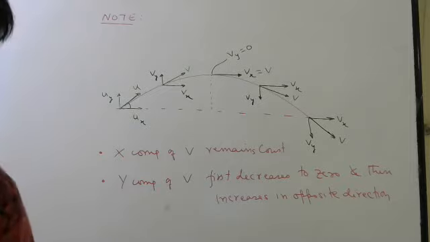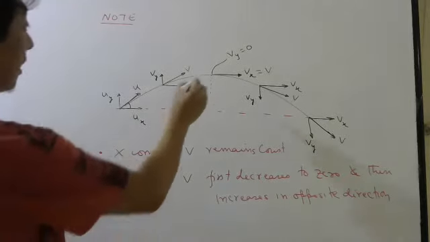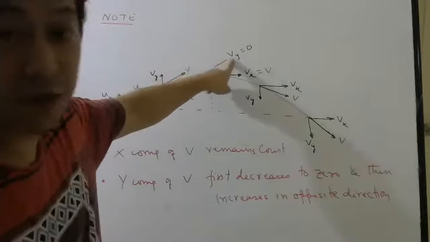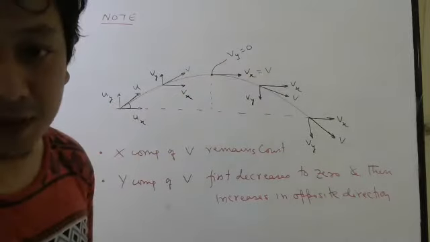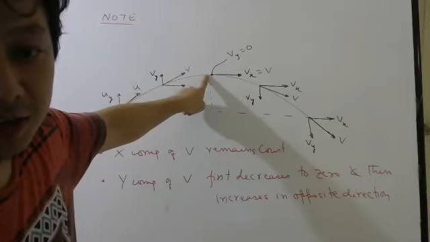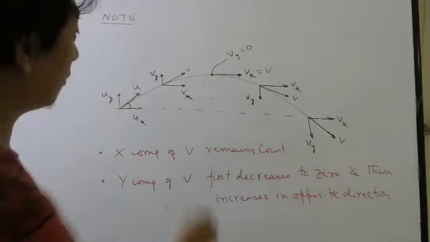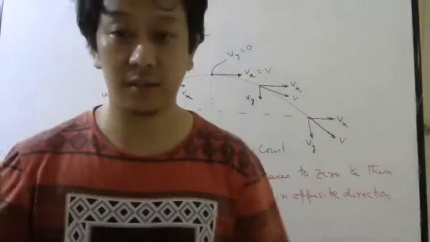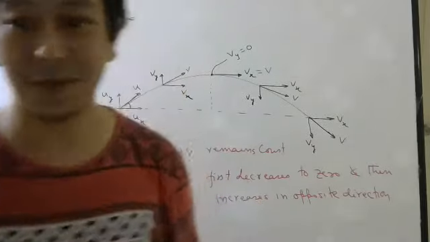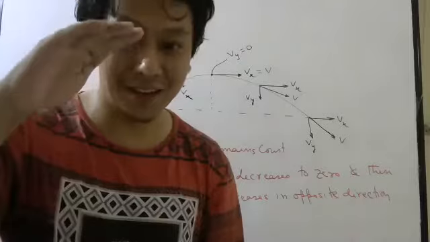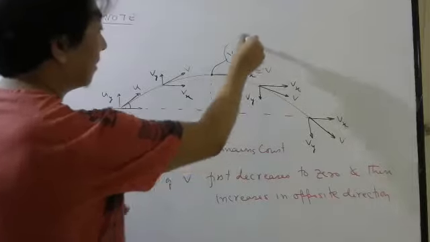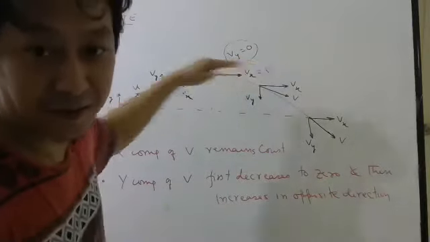Okay. So the main thing that I want you to remember is this. At the highest point, the y component of velocity is 0. Can I say velocity is 0 here? No, never say that. If it was 0, it would come straight down. That never happens. So please don't think it will go like this and then come straight down. Velocity is not 0. Only the y component of velocity is 0. The x component of velocity is still there.